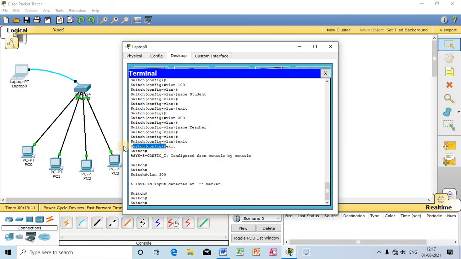In this particular mode I can write any command to do configuration. Previously I was in this mode when I was doing configuration. You can watch out, in this mode I have written this VLAN 200. So that means in configuration mode I am able to create a VLAN. Creating a VLAN is nothing but configuring the particular switch. So to create a VLAN you have to be in configuration mode.